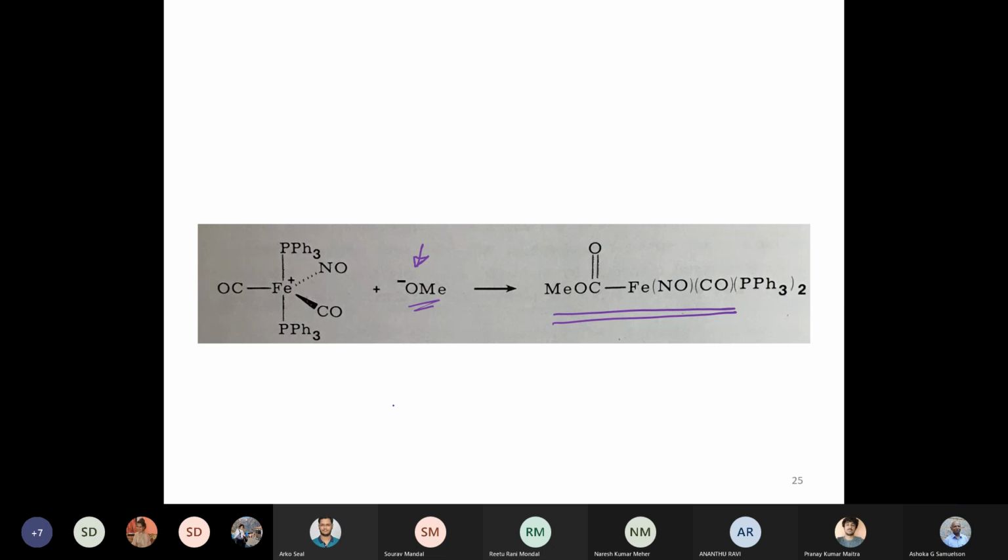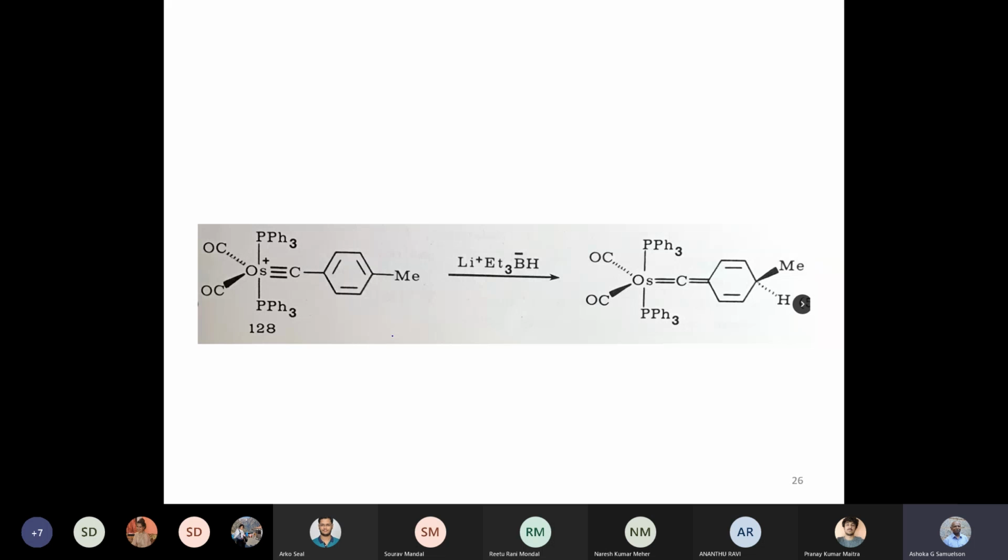Again, I have not indicated the electron counts, but it is very clear that a 20 electron species may not have been possible, but the OMe is now inserting into the carbon monoxide and not to the nitrosyl. So apparently nitrosyl insertions are not very popular or common, and that's not the only complication that can happen.